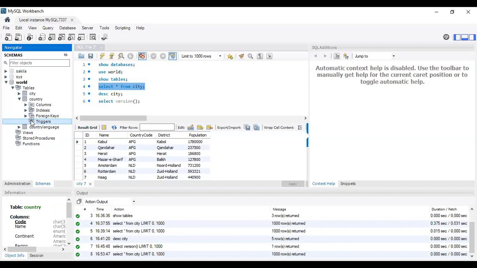Triggers means, for example, when you are reading the temperature, and the temperature is less than some minimum value, 20 degrees, you have to give some alert. So triggers are also programs, but those programs are automatically executed when a predefined condition is met. Those types of programs are called triggers.